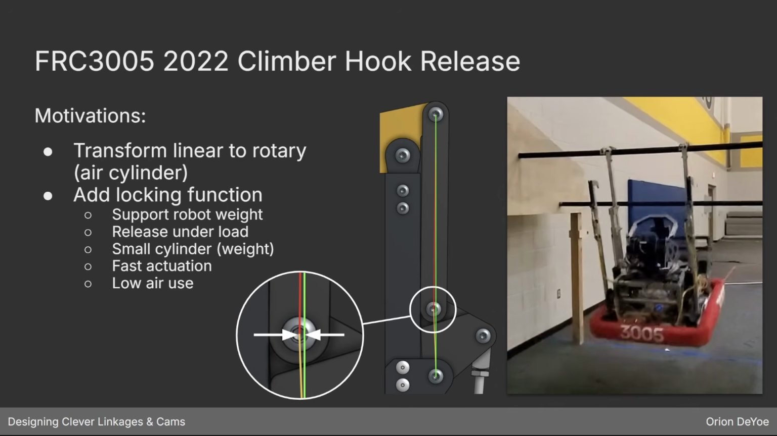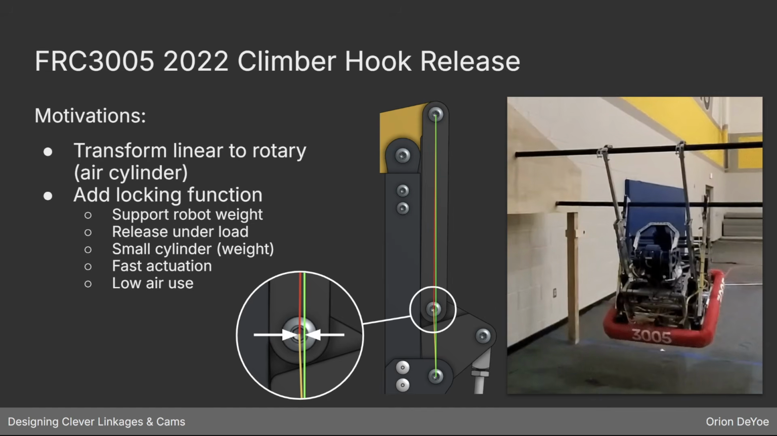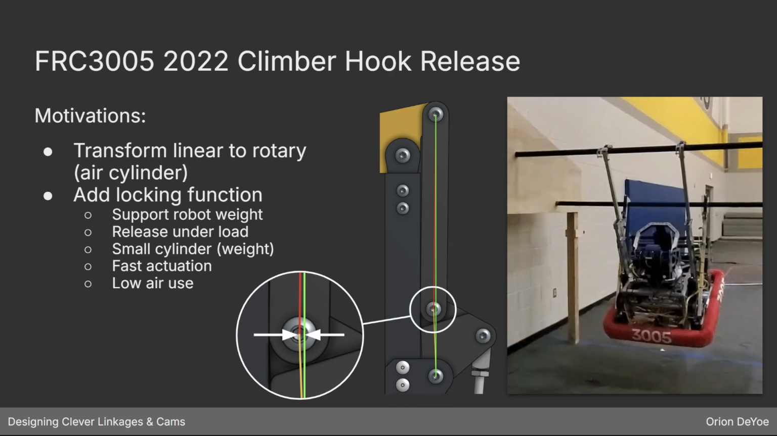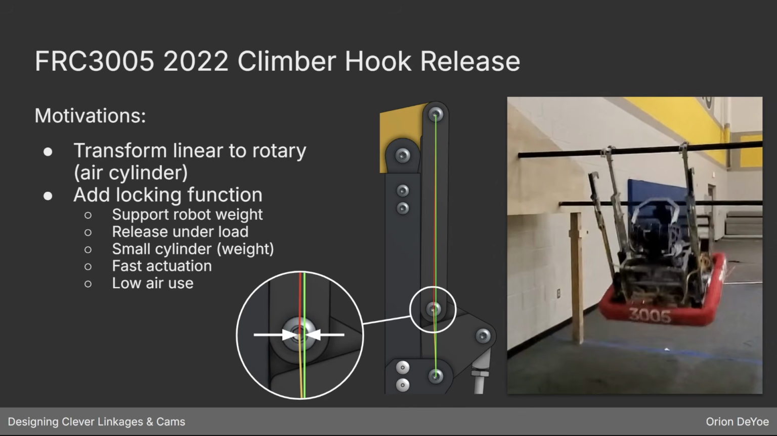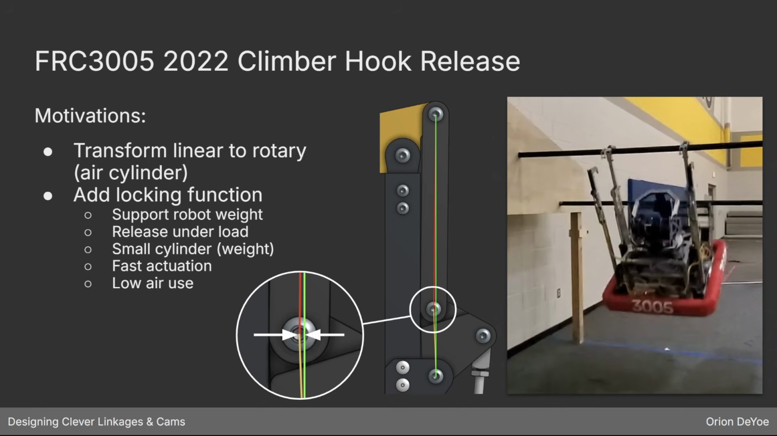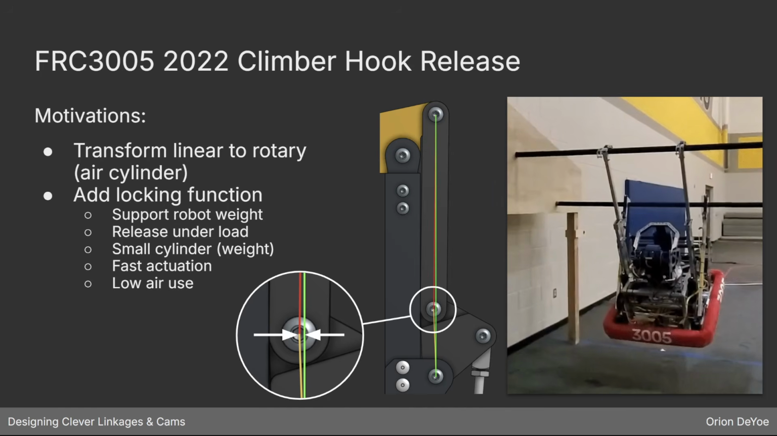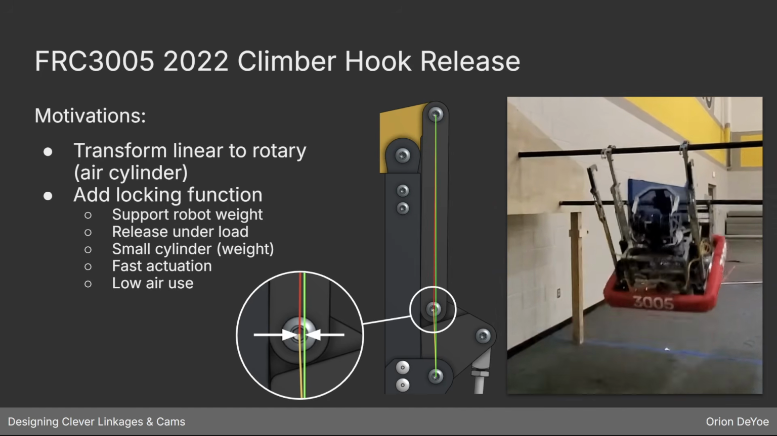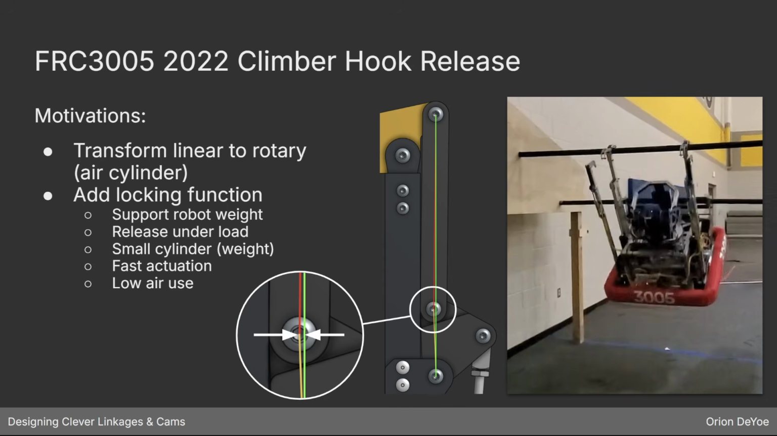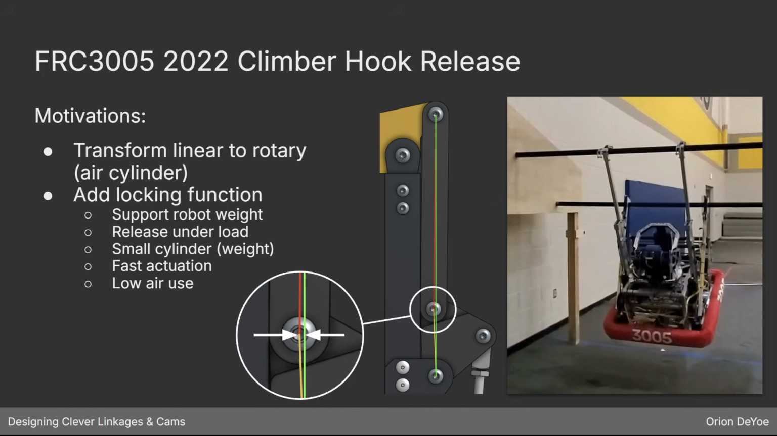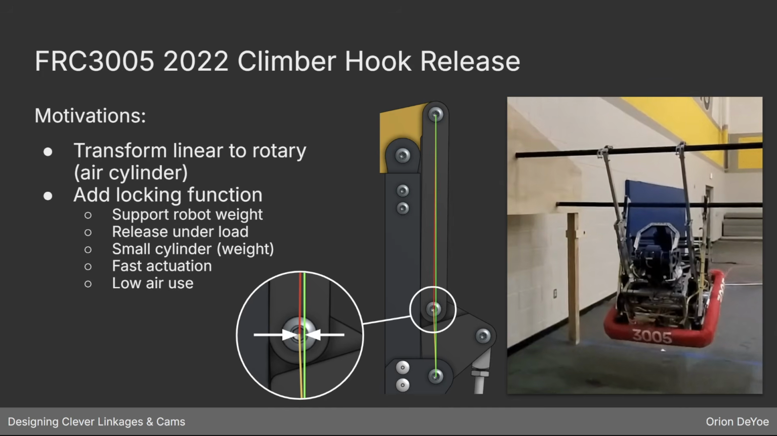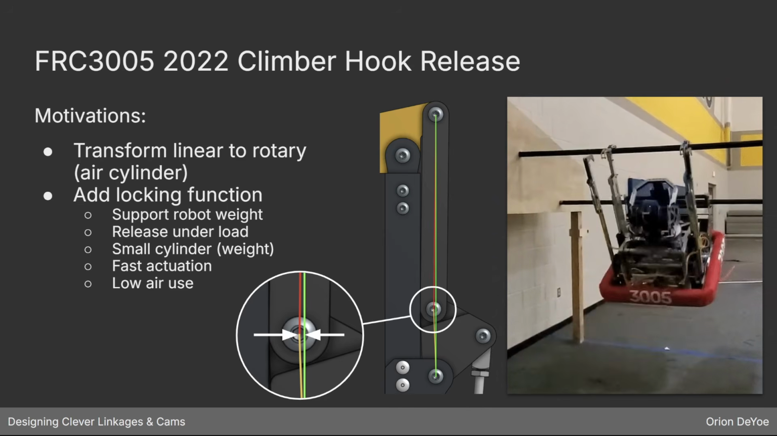Now, I already mentioned the kind of transforming linear to rotary. This locking function basically involves the whole linkage barely crossing over the aligned state that we talked about a couple slides ago. And essentially, this very slight passing through that aligned state to the other side means that the force was reversed. So instead of closing the hook fighting the air cylinder, when the robot weight is on the hook, the air cylinder is having to